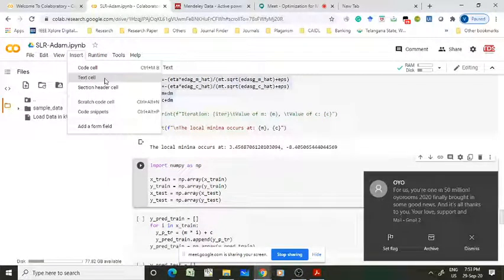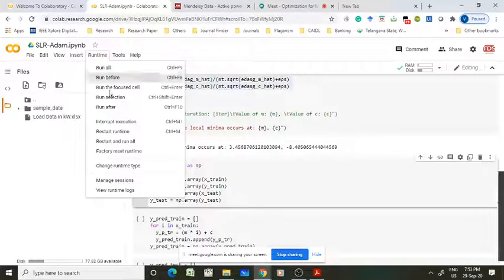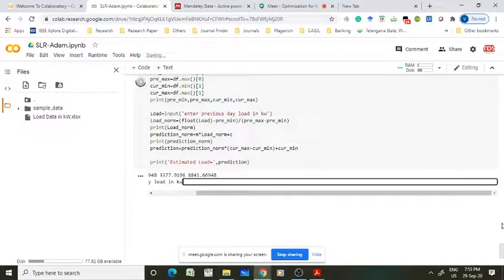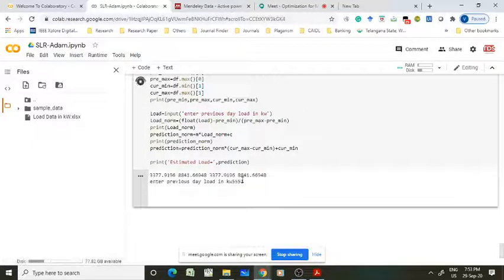What we are doing from here: we are predicting the output on the training dataset, predicting the output on the testing dataset, calculating the mean square error on the training dataset and on the testing dataset, and finally doing the prediction. You have to give some value as input. Because we are running for only 100 epochs, you can try with more epochs, you may get a good result.